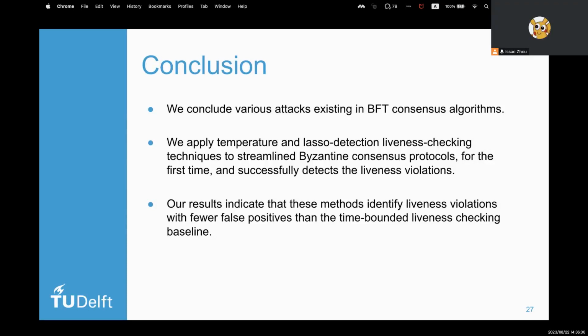We have also adapted temperature and lasso detection liveness checking techniques to streamline Byzantine consensus protocols for the first time, and these methods lead to fewer false positives than the time-bounded baseline. And we also demonstrate that the implementation of these methods on top of Twins is successful, and we can detect the existing liveness bugs.